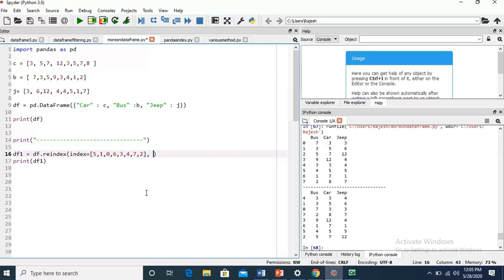Then here you say, F5. You just see now it has changed the index sequence of row and the index sequence of column.